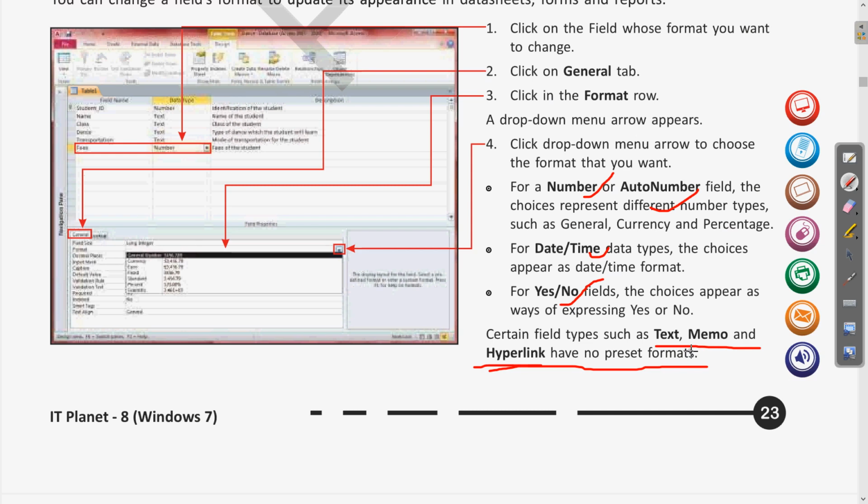But for the other data types like text, memo and hyperlink, it is obvious that for the text, whatever you're writing will be in the text form. For the hyperlink, it will be any link which relates or links to another file or any web page. So for these data types, there is no default or predefined formatting. Clear? So let us erase this and move to the next.